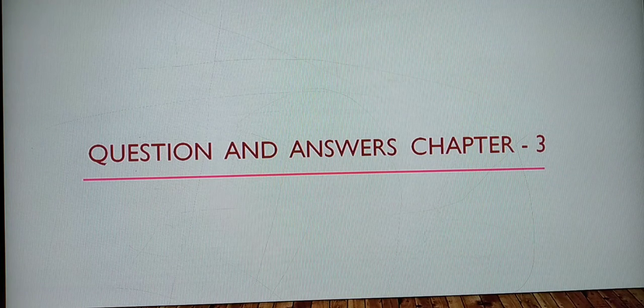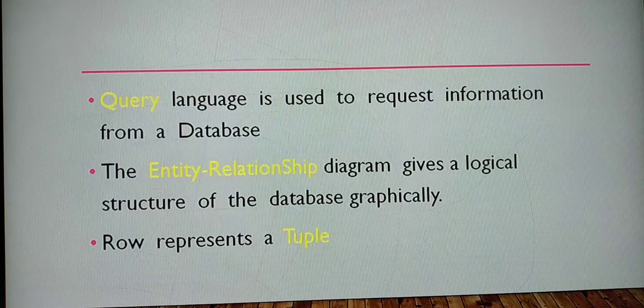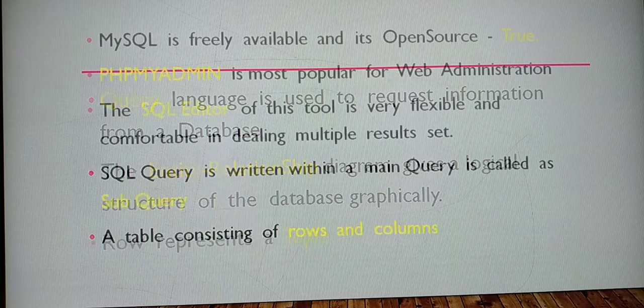Students, today we are going to see some extra questions, that is your one words, like in chapter 3. Yes, dash language is used to request information from a database. Request means you have to go on with the query language. The next one, the dash diagram, that means it is your entity relationship diagram. The next one, row represents a tuple. What's another name for this one? It is also your record.